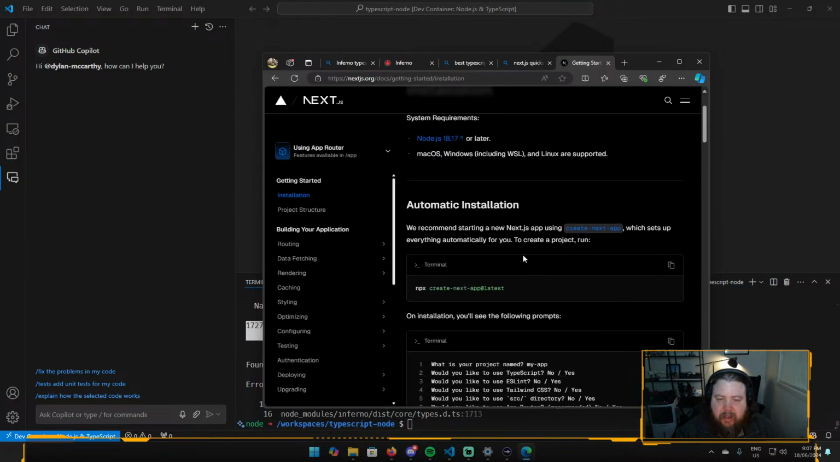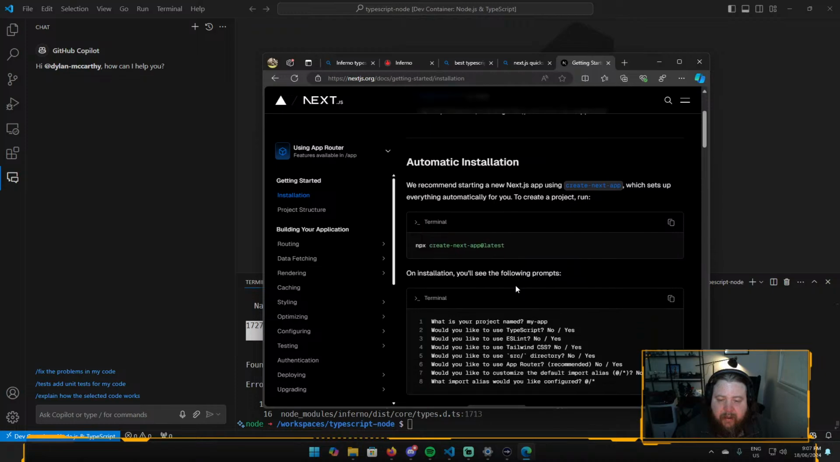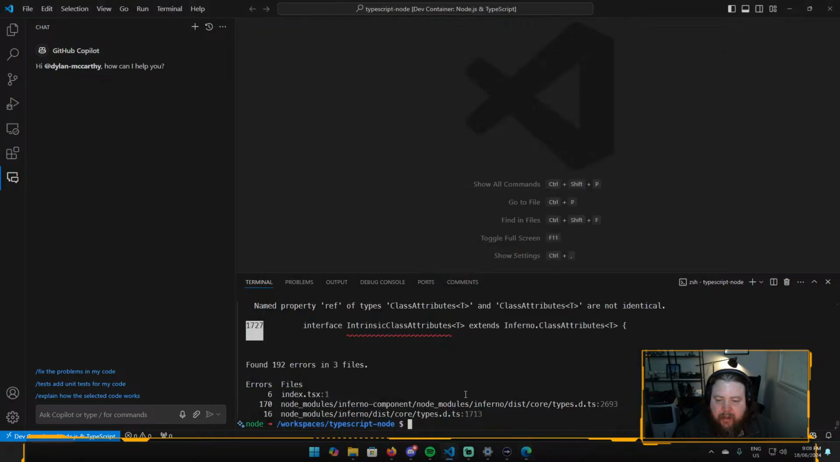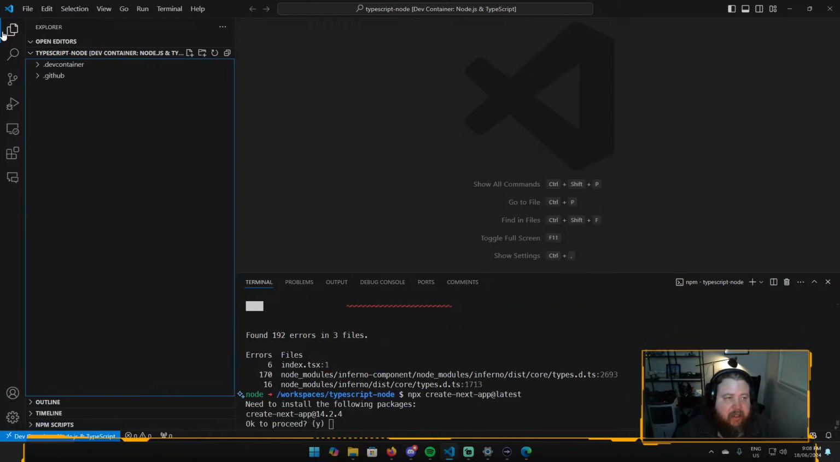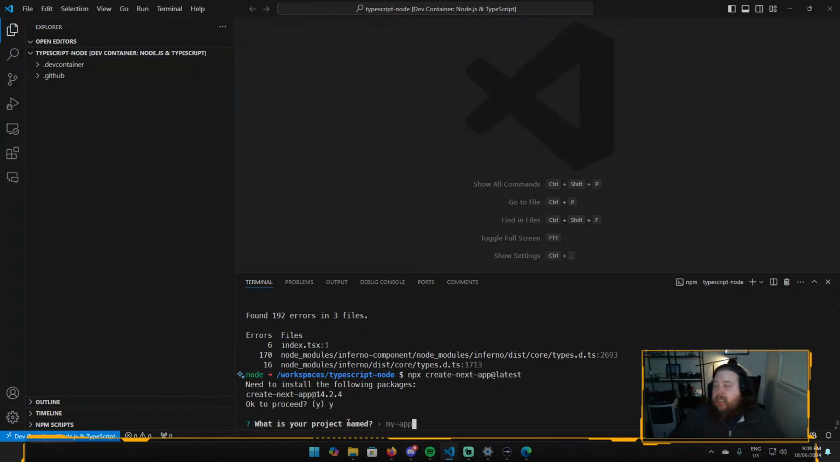Just create a simple app with Next.js. I think that's going to be the best way to start. So let's start with this, and that way we'll just get through it. So what are we going to call the app? So the app is going to be called